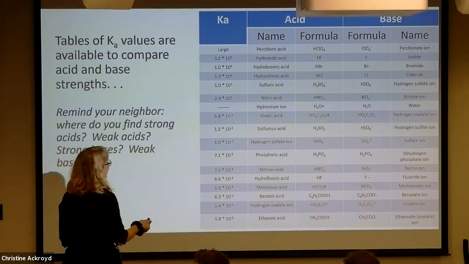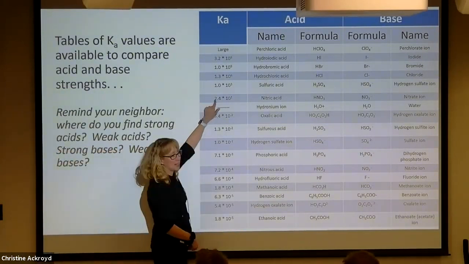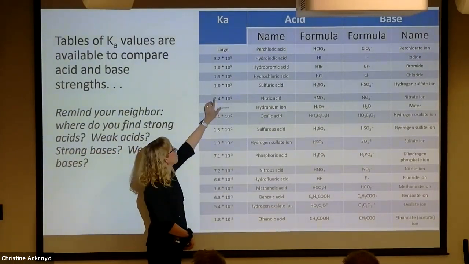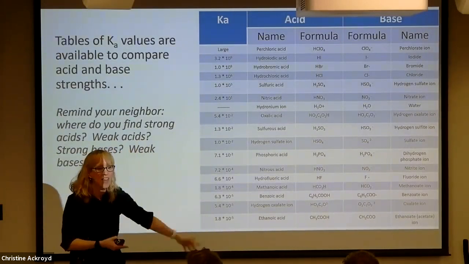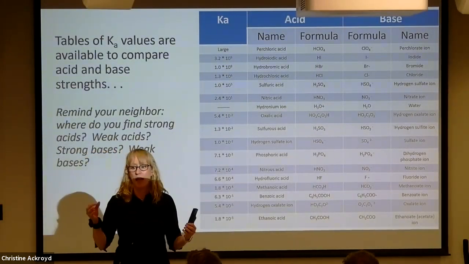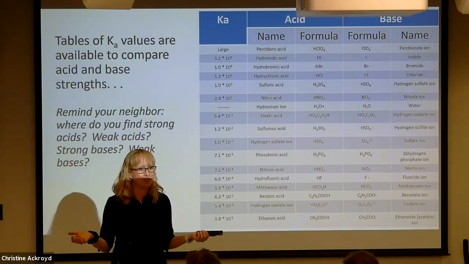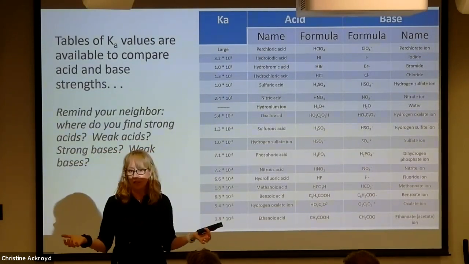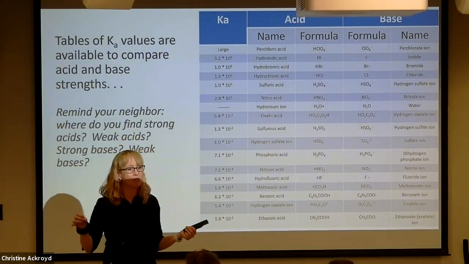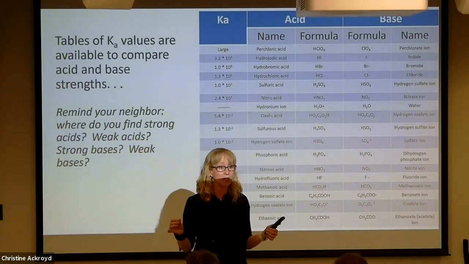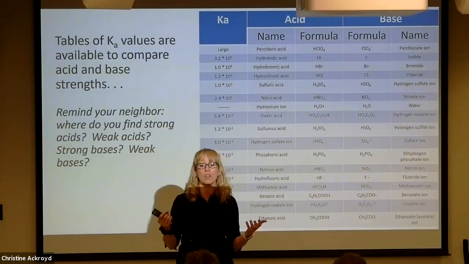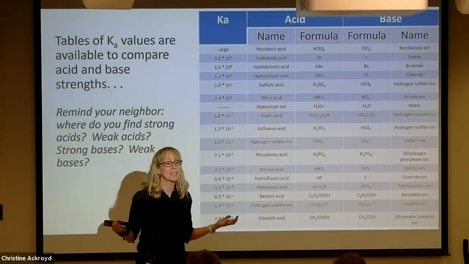Okay, nitric acid has a pretty small strong acid Ka. It's only about 25. But all the rest of them are 1,000 and greater. If your K value is 1,000, how much starting material do you have left? Almost none. Within the significant figures of the concentrations that we're using, do we care about the almost none? No. And so we use the verbiage completely dissociated.